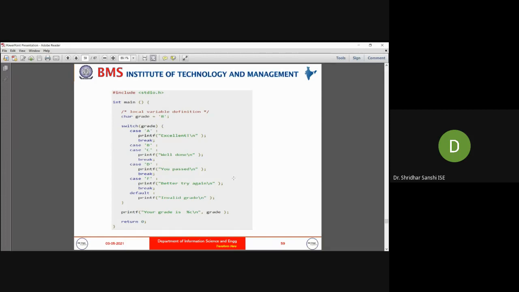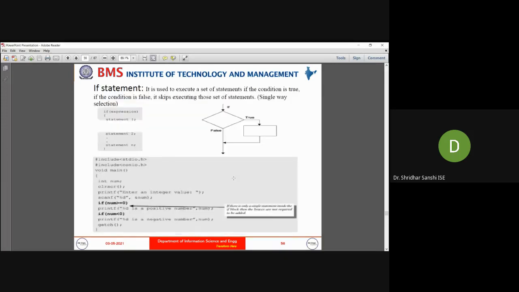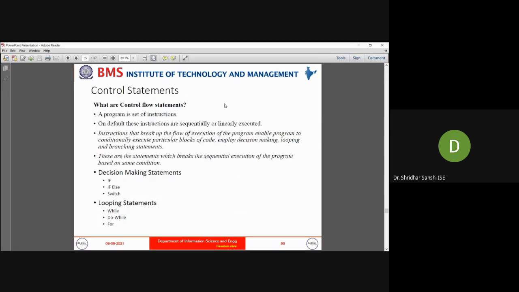In the last class, we discussed control statements. I told you about the syntax of the if conditional statement, the if else conditional statement, and the switch conditional statement. As already informed, if is a one way, if else is a two way, and switch is a multi-way instruction, right? And we started talking about looping statements, and we discussed the while loop.